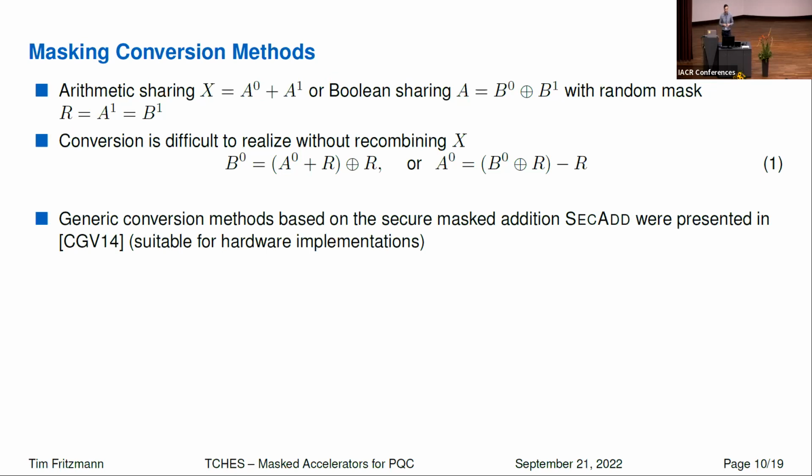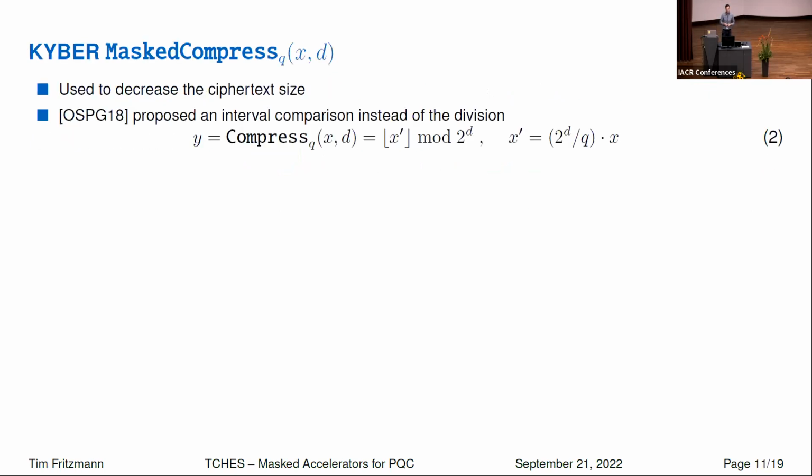Previous works already developed some generic conversion methods, and one was proposed by Coron and others in 2014, which is based on the secure addition. This one is very efficient for hardware implementations, as the secure adder is well suited in hardware. And it is also well suited for power of 2 moduli and also for prime moduli. So one method which is based on